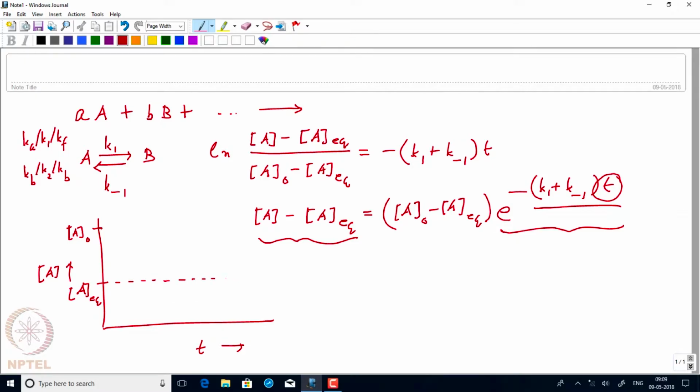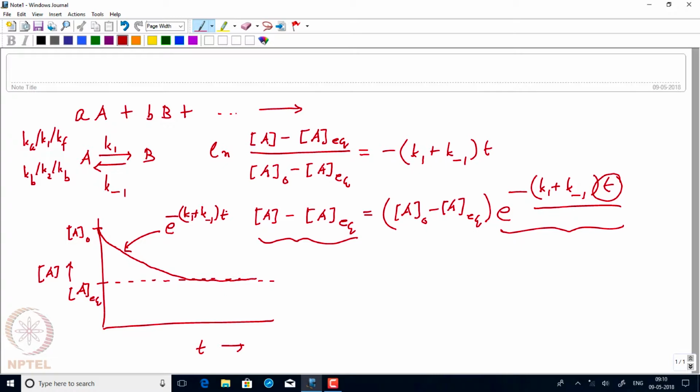So what we just learned is that eventually the concentration will drop, but it will not drop to 0. It will just reach the equilibrium concentration of A. And the curve will look like something like this. So it will be an exponential decay, reaching exponentially to this asymptotic value, where this decay goes as e to the power minus (k1 plus k minus 1) into t, which is very